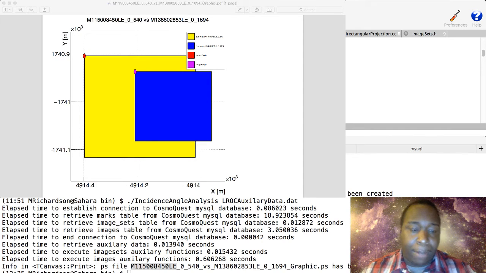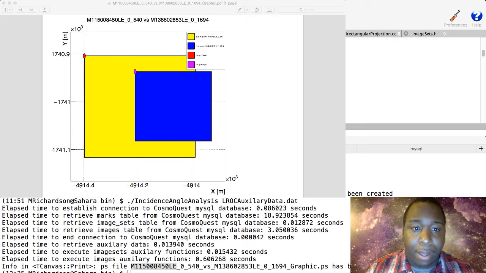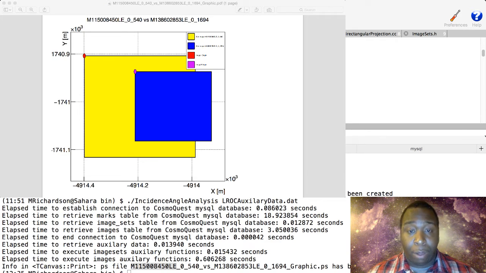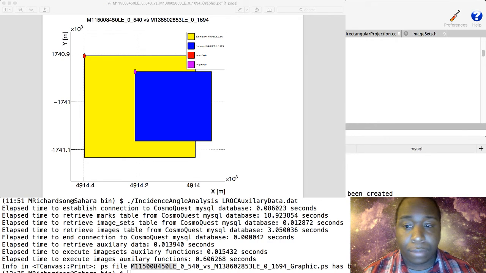And so basically, with the current, unaltered database, this is what the overlap would look like according to my analysis code, where the yellow image and the blue image are representations of two sub-images that each come from different global images. However, if I rerun the code, and eventually I will show you what the actual sub-images look like,